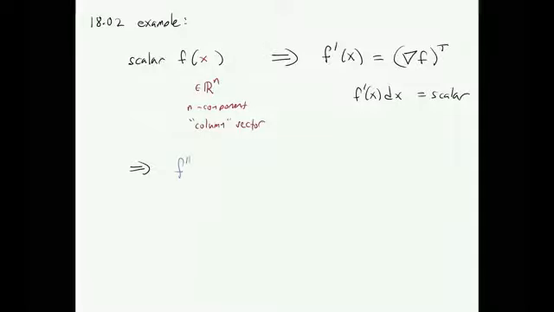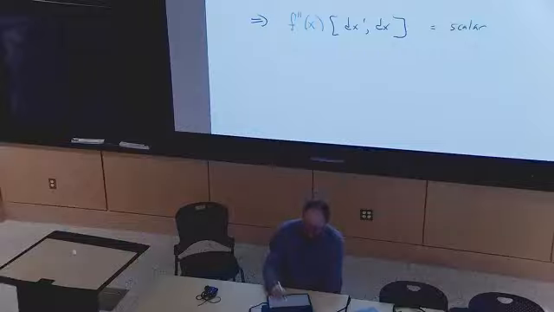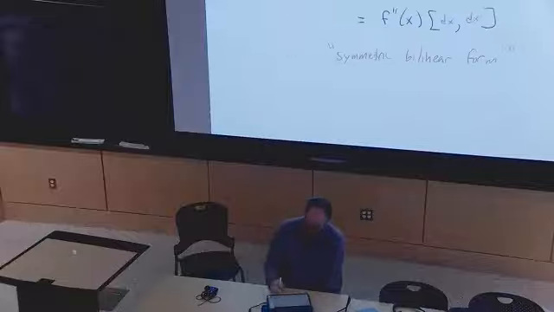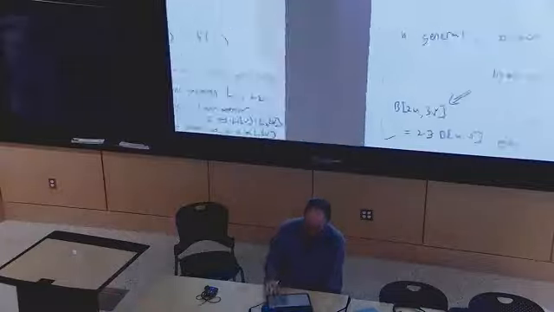Right? Our f double prime of x. It has to take in two vectors, dx prime and dx, so it doesn't really matter in which order I put the prime. Okay? But it has to give a scalar. Right? In the end, the output has to match. If you plug in both these things, it matches f. Right? Just go back to the definition